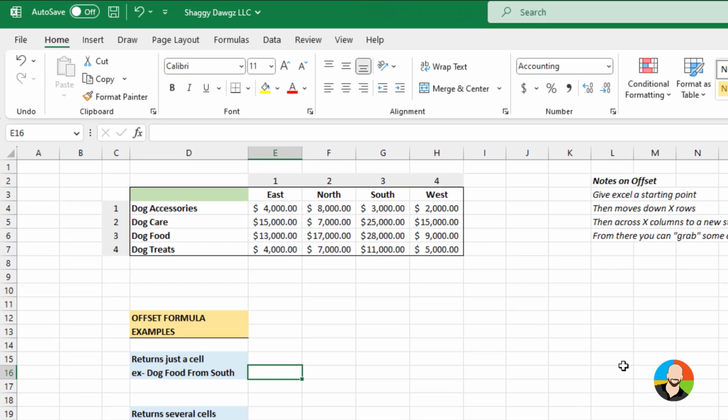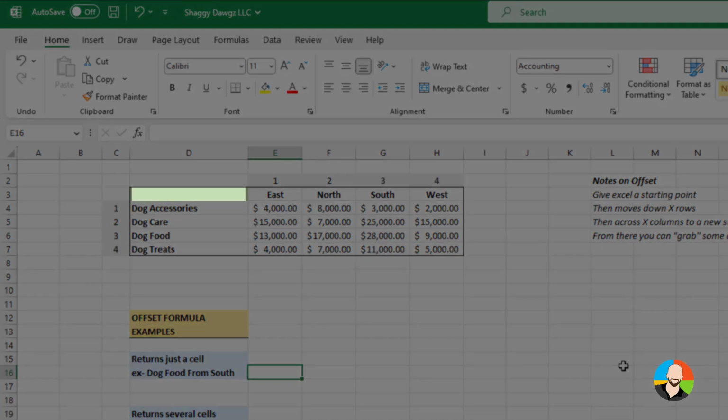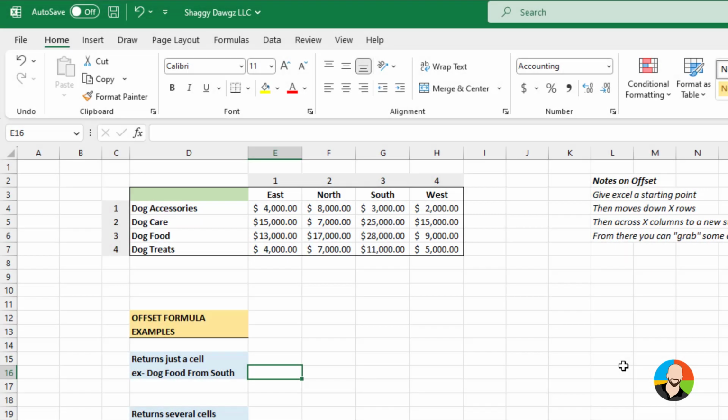So imagine yourself looking through a pair of binoculars, and you're looking at a particular point. Then what you do is you move down, then you move across, and then you start to play with the zoom, making the image larger or smaller. That's analogous to the way the offset function works. With the offset, you have a beginning point, then you move down X number of rows, then you move across X number of columns. From there, you tell Excel to grab a chunk of cells